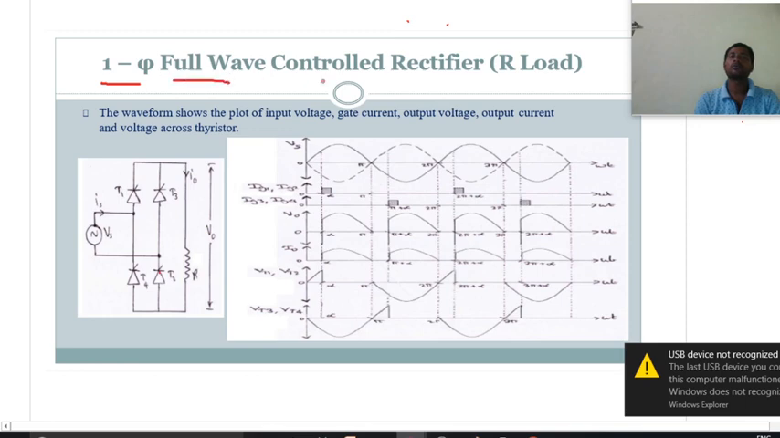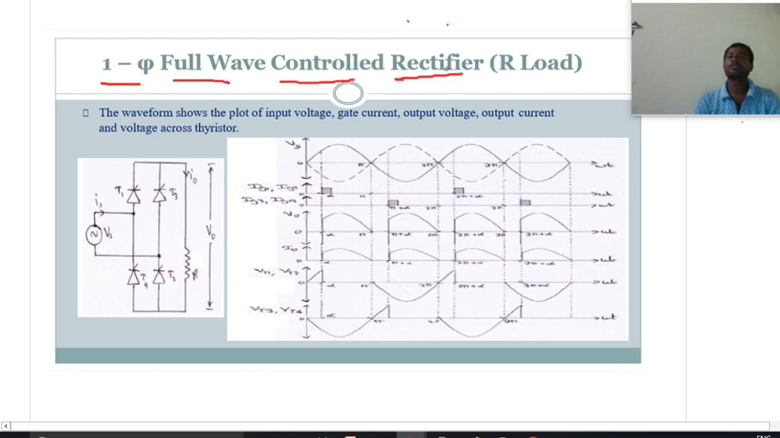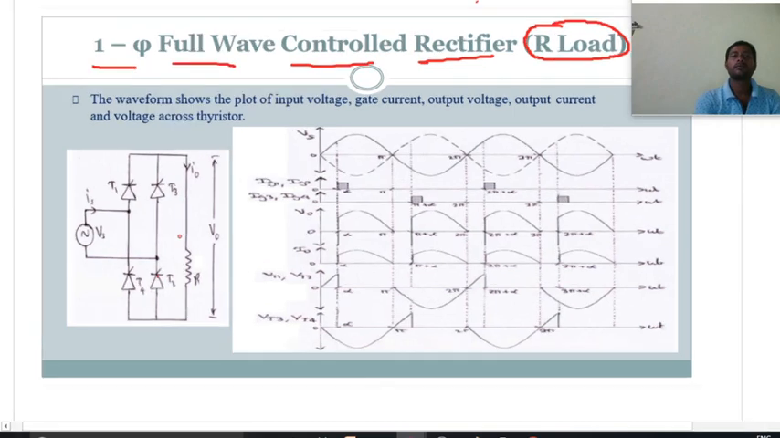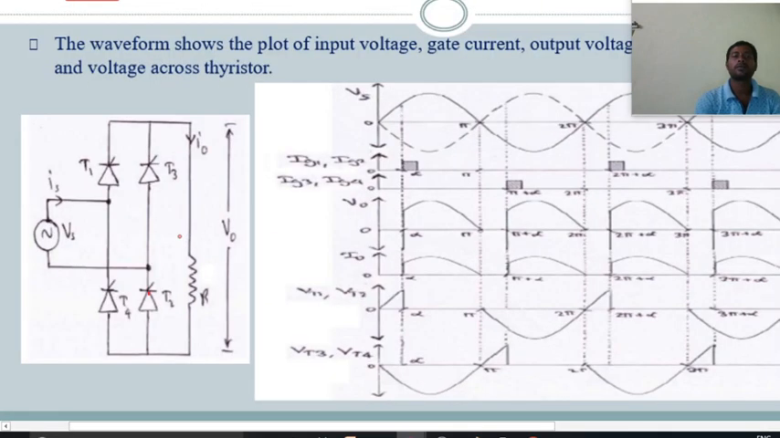This is the full wave controlled rectifier when it is connected to the R load. So this is the diagram. This is also called a bridge controlled rectifier. So there are four thyristors,